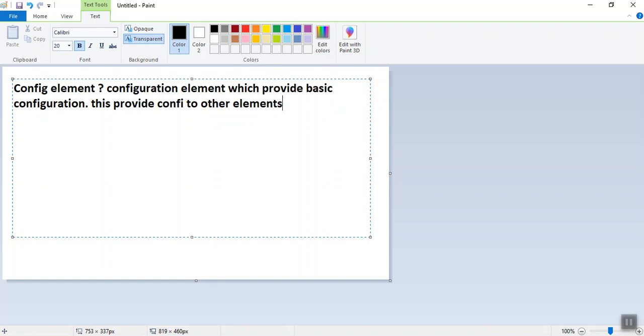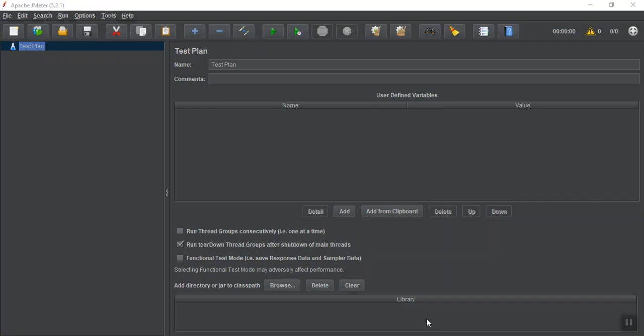So let's start with our first config element, that is user defined variables.